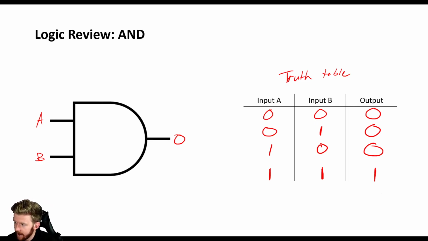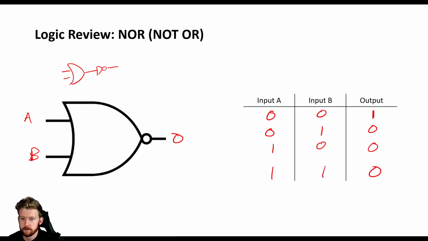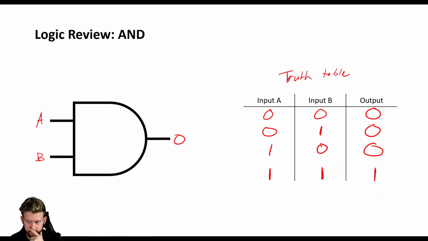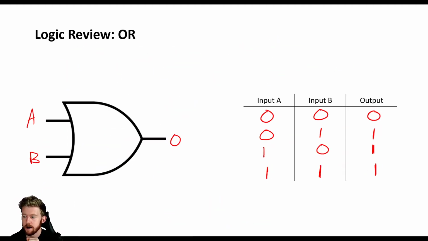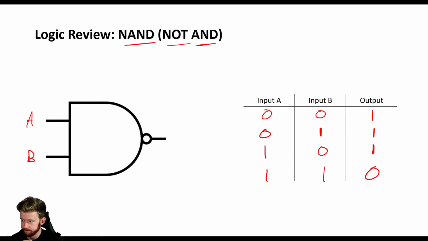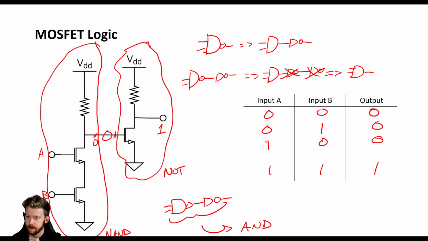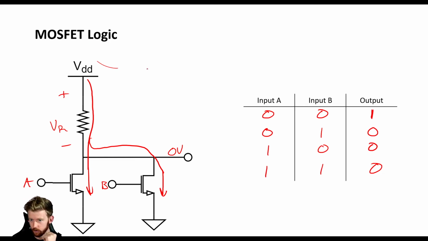We know that it's not AND because we have a 1, 0, 0, 0 in this new configuration, right? So 1, 0, 0, 0, that's what we need to remember. So we know it's not AND. We know it's not OR, right? Because we're starting off with the 1. It could be a NAND based on the first example because it's 1, but then we have a 1, 1, 1, 0, and we need a 1, 0, 0, 0. So we can see that it is actually a NOR gate, or a not OR gate. So that is exactly what this is. This is a NOR gate,